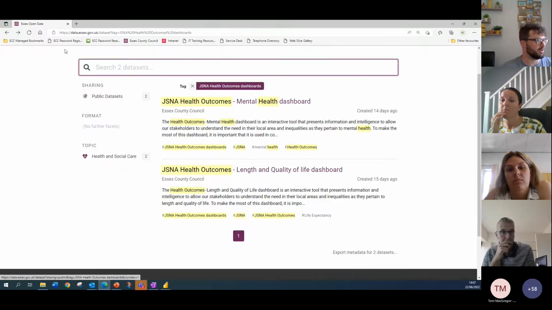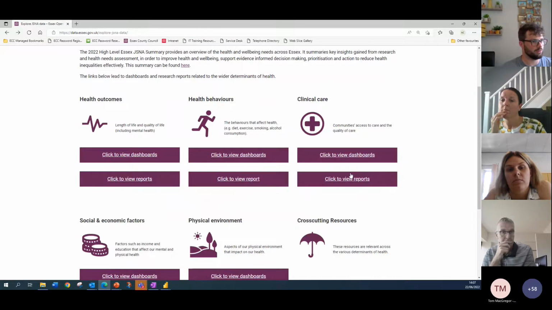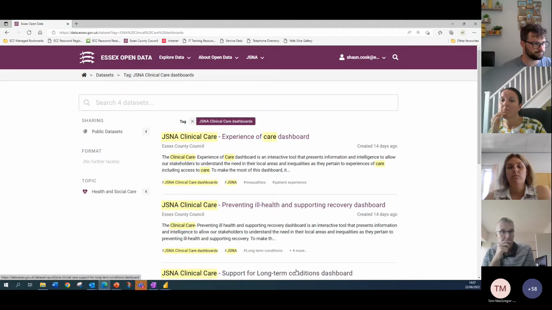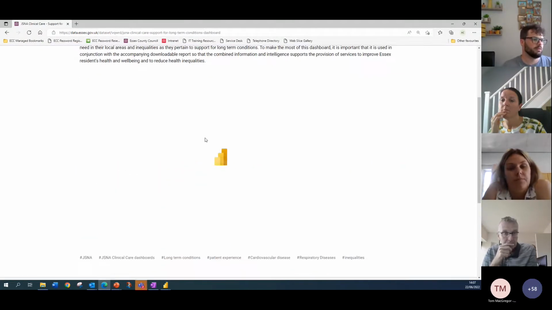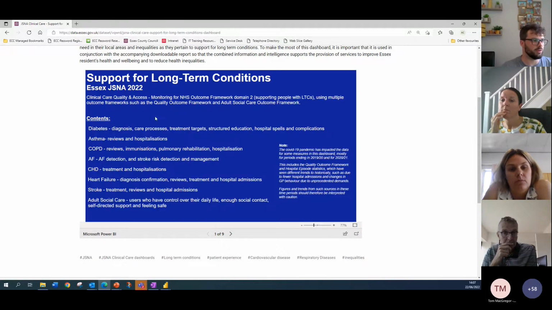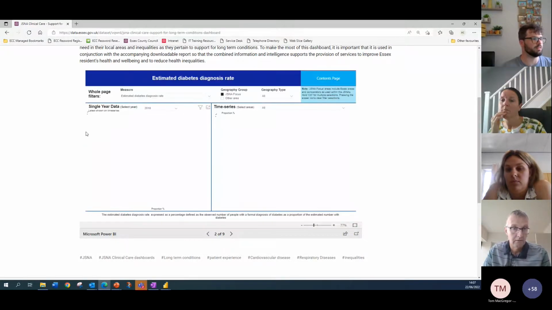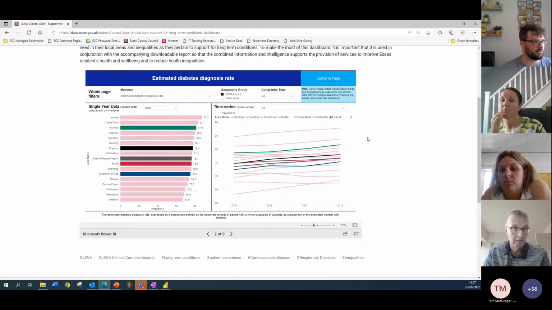So if I head back and look at one of our clinical care dashboards, you'll see that the contents page is structured slightly differently. And as I said, that's to group some measures together, so we didn't end up with 50 pages down the bottom for everyone to scroll through. It works the same way. So if I click on the diabetes button, it will pull up this page,